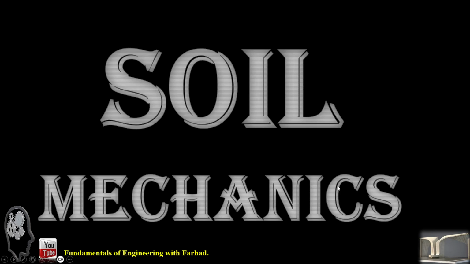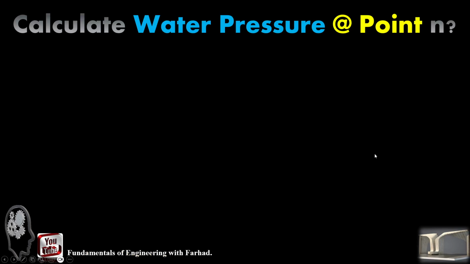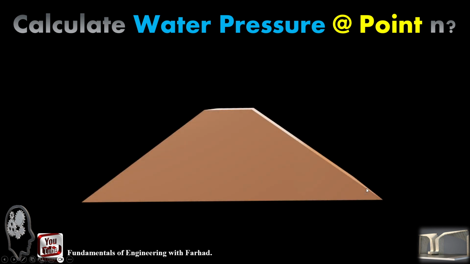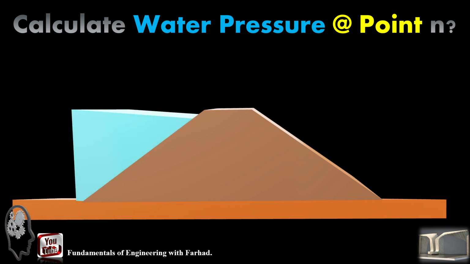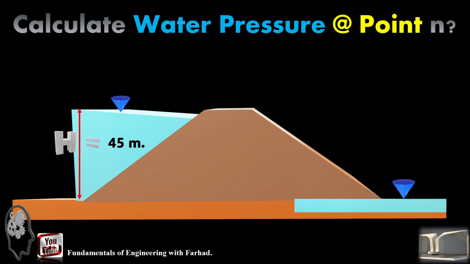Hi everyone, soil mechanics. Let's jump to an interesting problem in water pressure calculation at a point beneath a dam. In this problem, we have a dam and you can see the water elevation at the upstream and downstream side of it. So the upstream side water level is equal to 45 meters,